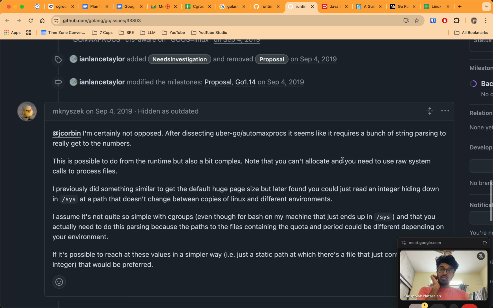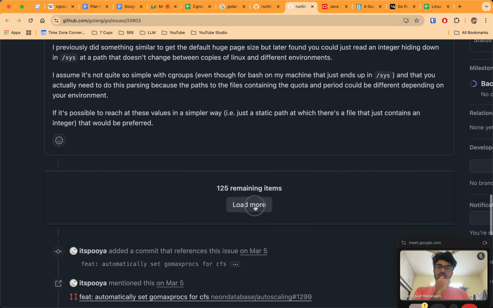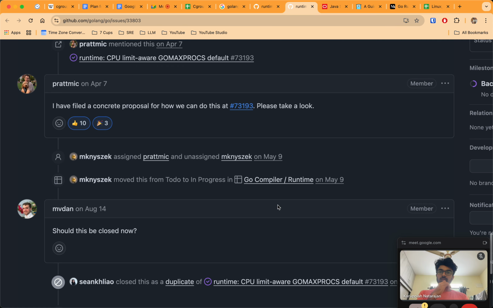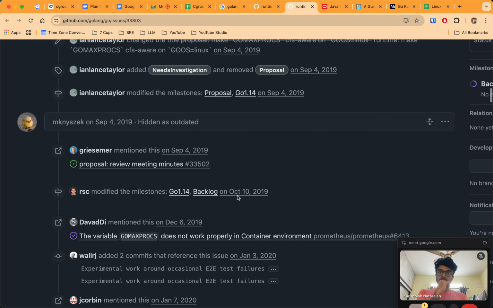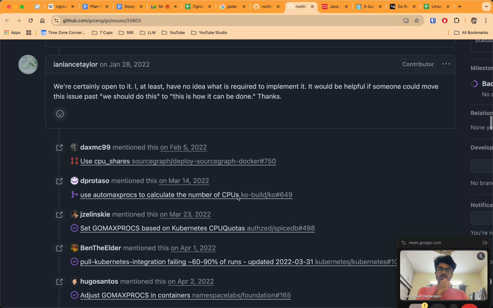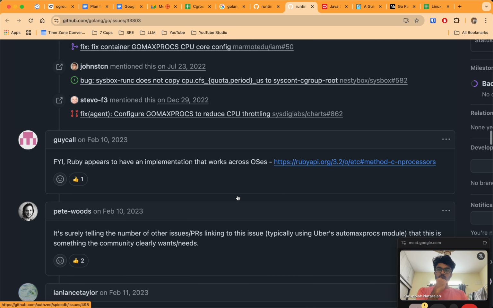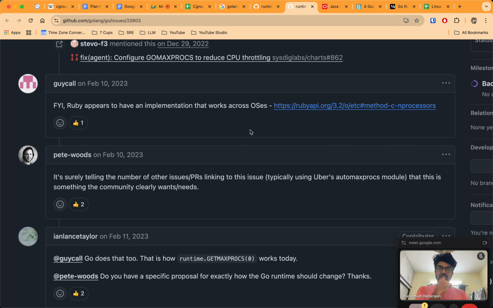Wow, there are so many other people who have actually referred to this, I guess. So it looks like Ruby also had this. Then a number of other issues appear linking to this issue, using Uber's automaxprocs. And this is something the community clearly wants or needs.